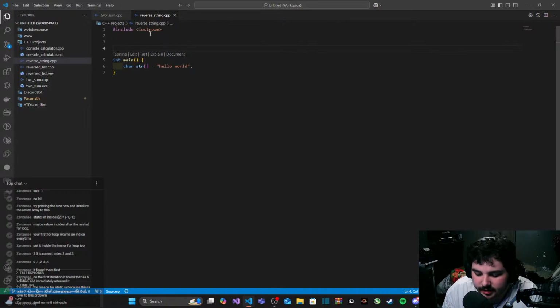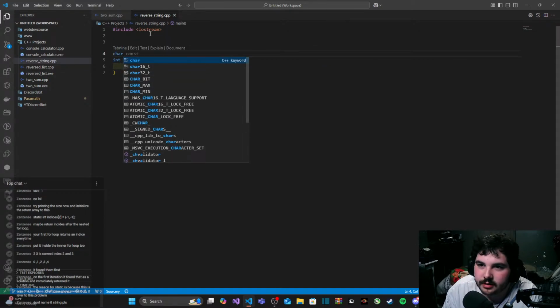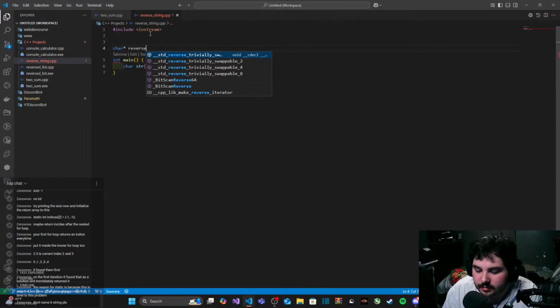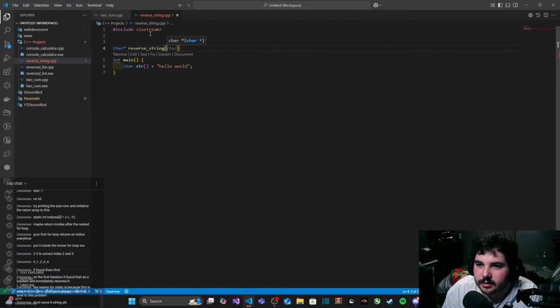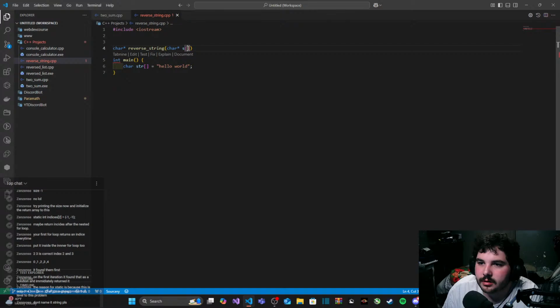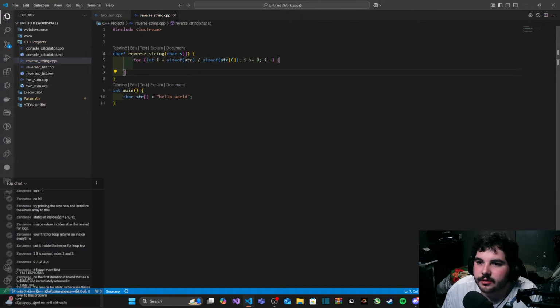All right. Reverse string, s, because why not? Wait, I forgot, I don't need that. And then this for loop in here.